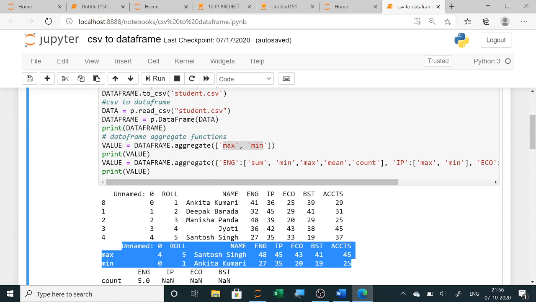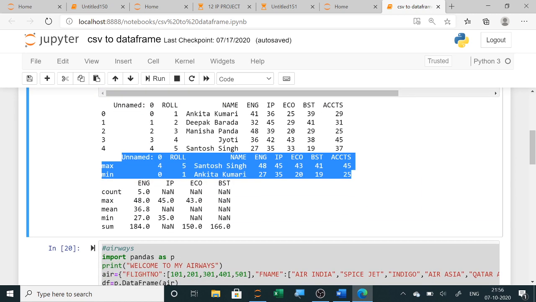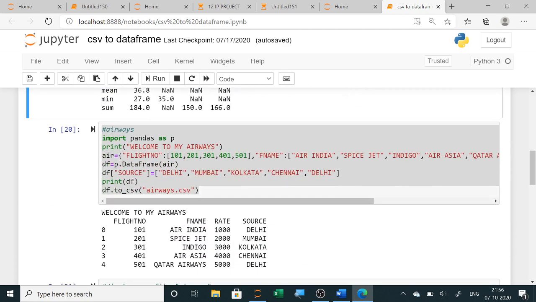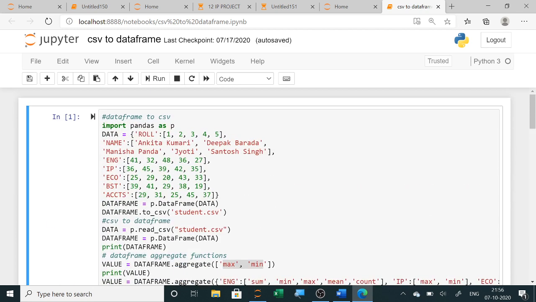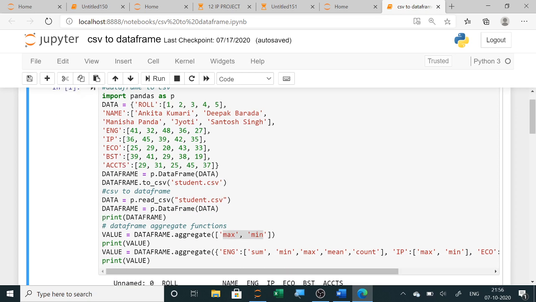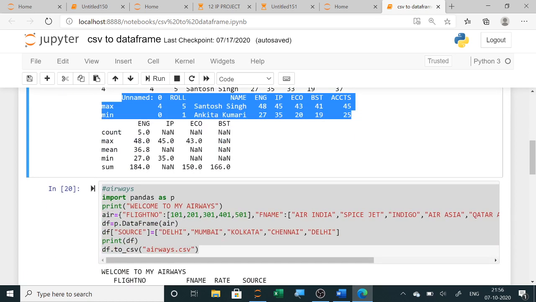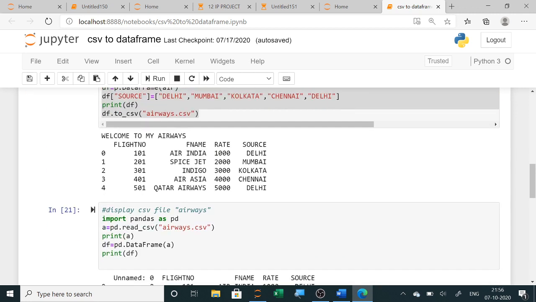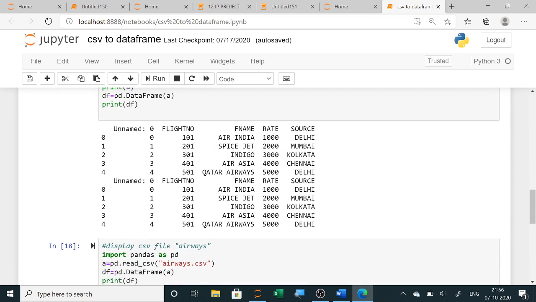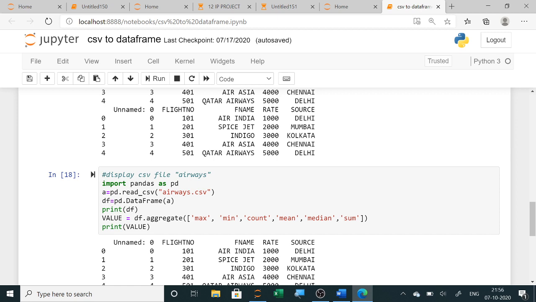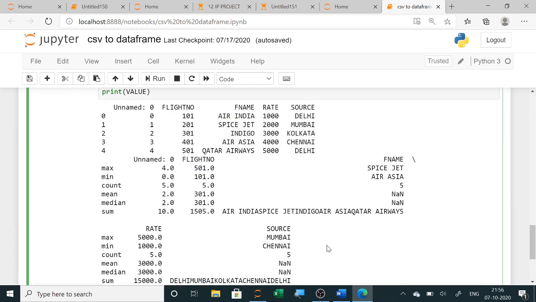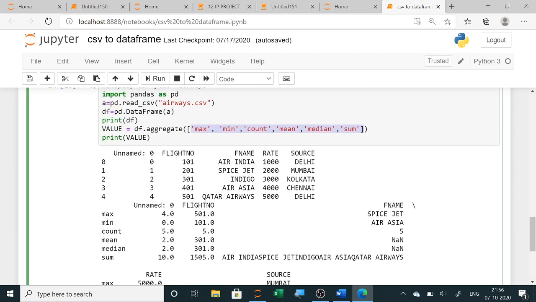Like this you can use all the different functions in your syllabus. There are many different functions, so you can select the student domain and the same project in the same format, menu driven, you can design. Or the airline project you can select, and the airline reservation system you can design. Here also all the aggregate functions you can use in the menu. So like this you can design your projects.